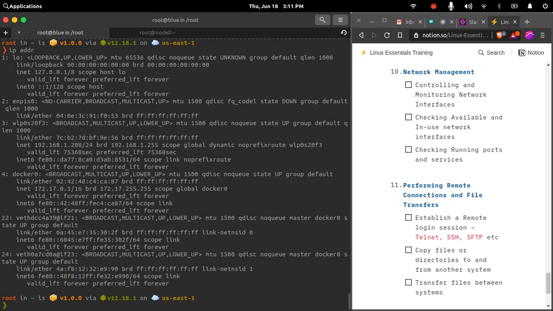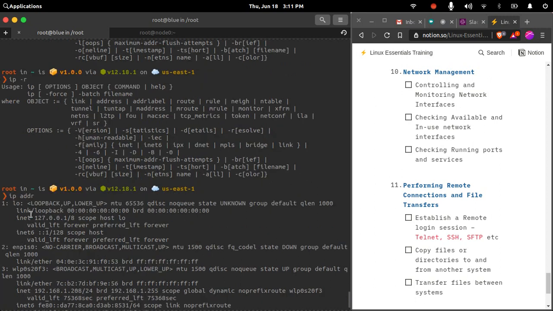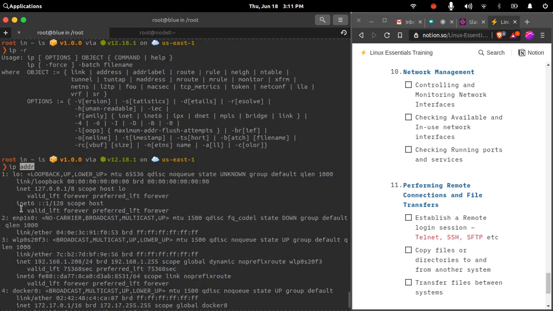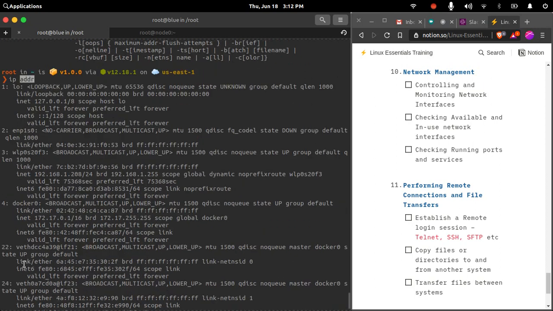There are a lot of options in this command, and they have simplified it compared to ifconfig. Here, if I provide ip addr, it will provide me with all the IP addresses along with the device details. These are the same network devices that I have connected to my system.